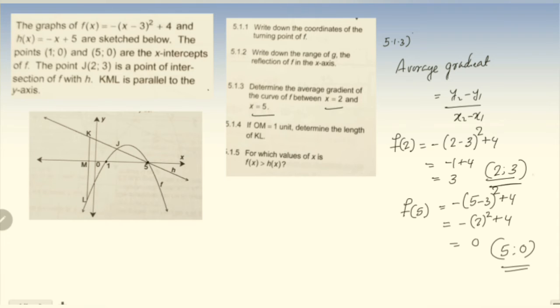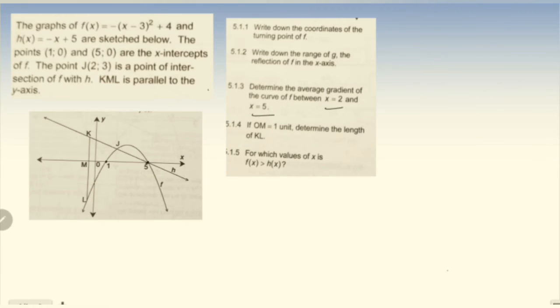Now what you have to do is take these 2 points and substitute them in the formula. So the average gradient is equal to y2, that is 0, minus 3, divided by x2, that is 5, minus x1, 2. So the answer is minus 3 divided by 3. The answer is going to be minus 1. This is how we do this question. Is it clear? Now moving to the next question, that is